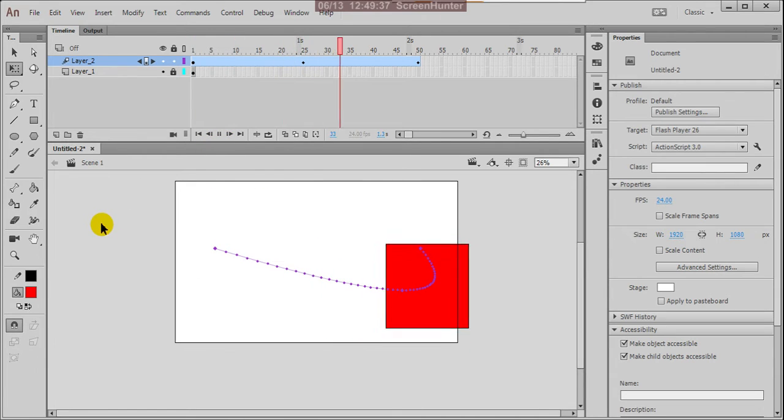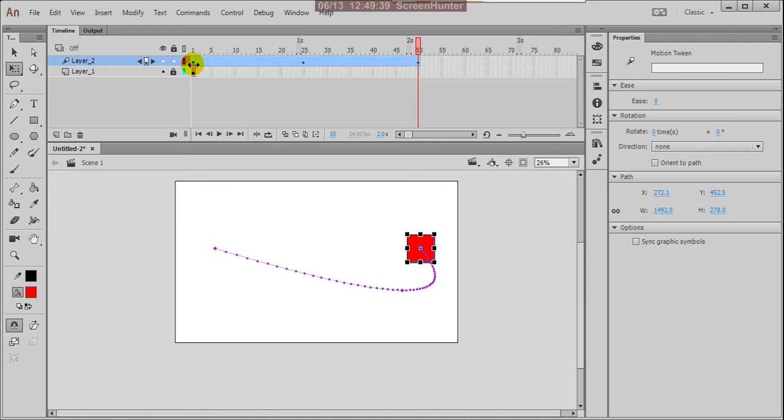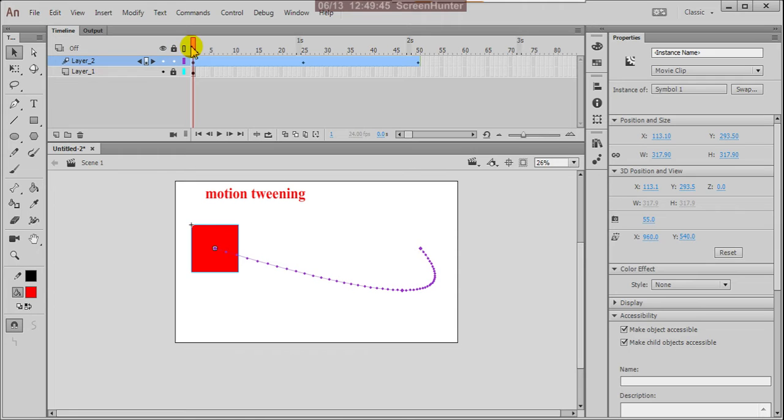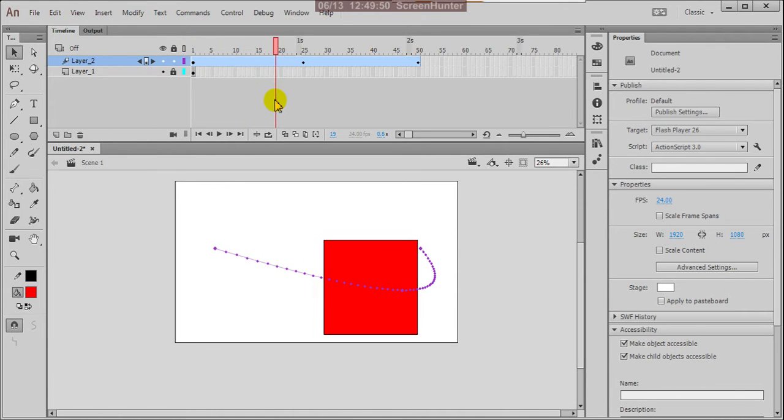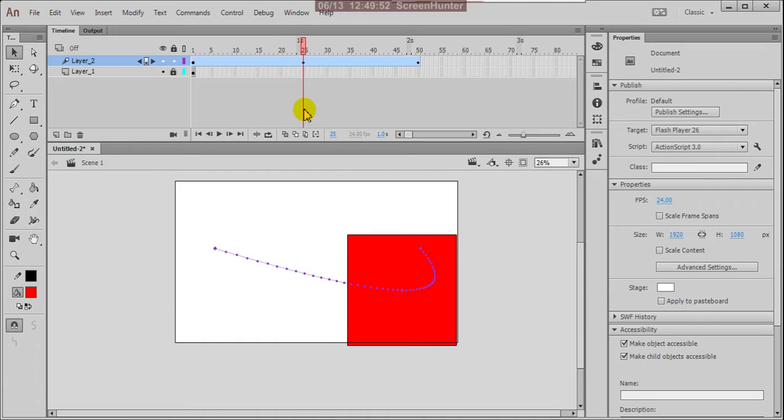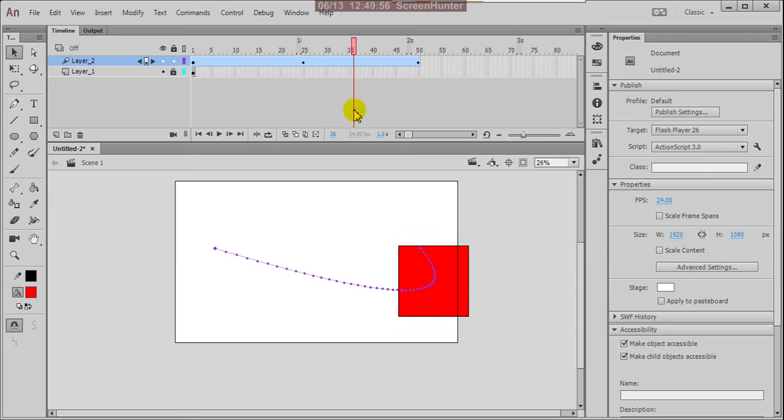At the first frame it started with a normal box, and slowly it is increasing the size, because we already gave a bigger size keyframe, and then it is going smaller according to your given size.